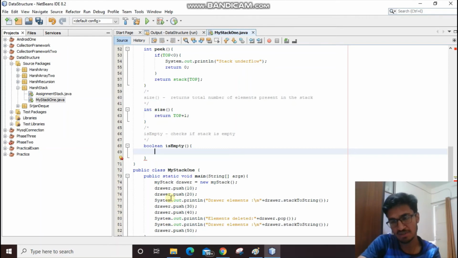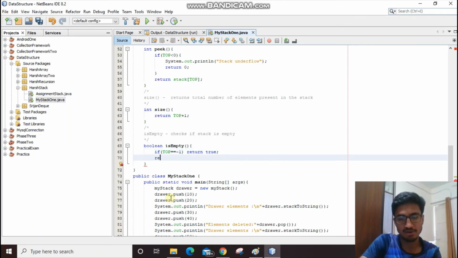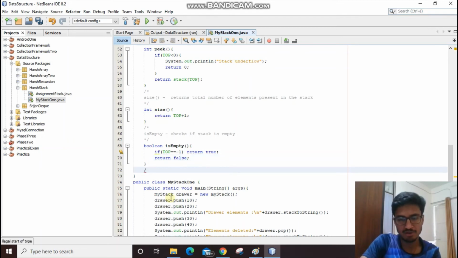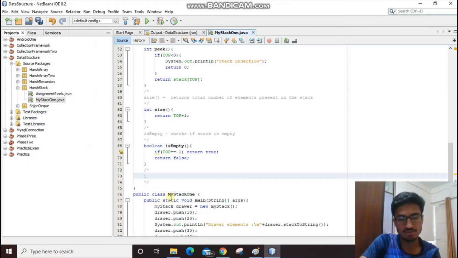If the top is minus 1, that means it's not pointing at any element inside the stack, so it's simply empty. So if top is double equals to minus 1, we return true, that means it's empty, and if it is not, we return false. So this is isEmpty.